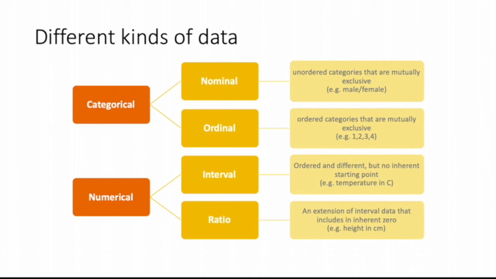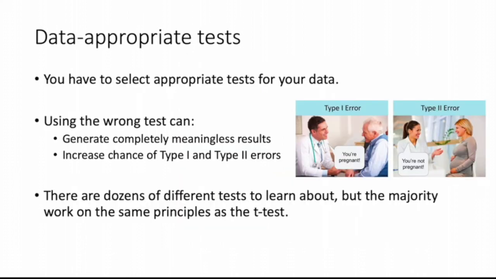A ratio is kind of an extension of interval data, in that it's ordered and you can still measure differences between the data points, but there is an inherent zero. So this is, for example, height. So if we measure height in centimeters, there is a zero. You're either not tall at all and basically don't exist, or you grow bigger and bigger and taller. So based on the data that you have, you need to pick the appropriate tests. And it's really important to figure out which is the most appropriate test, because